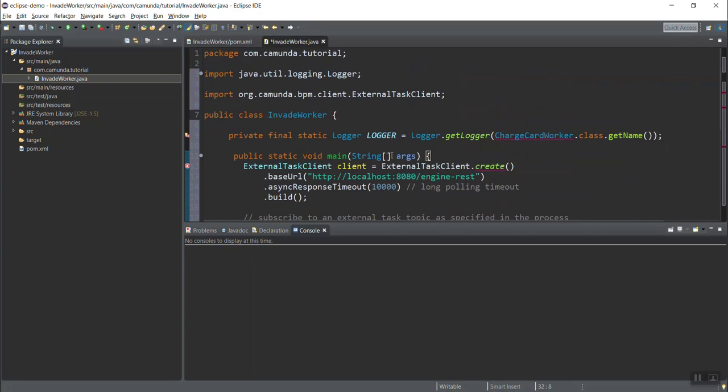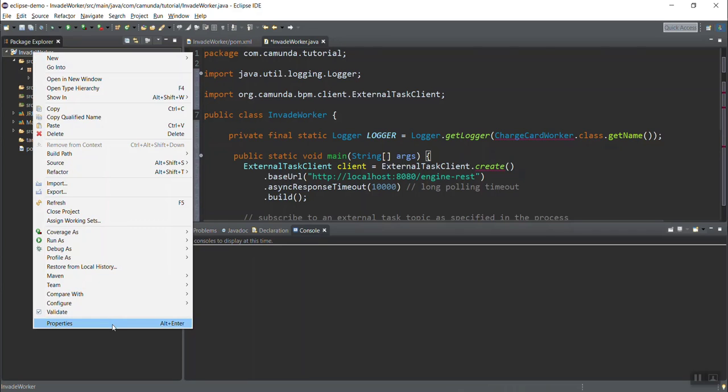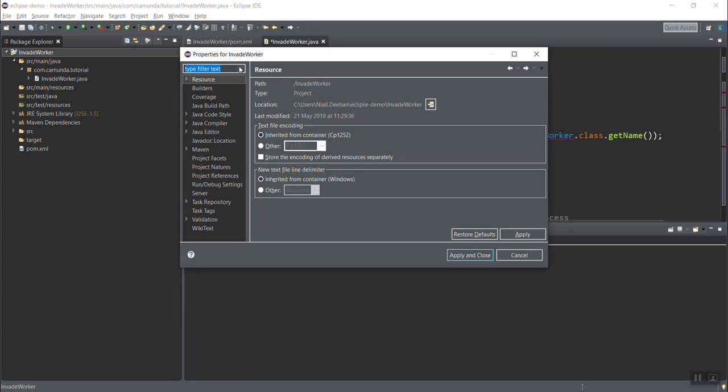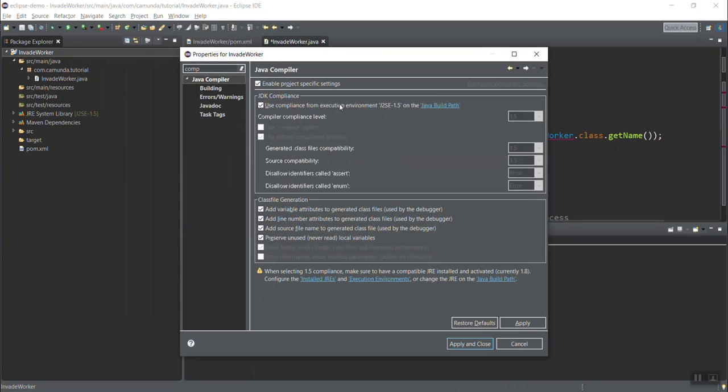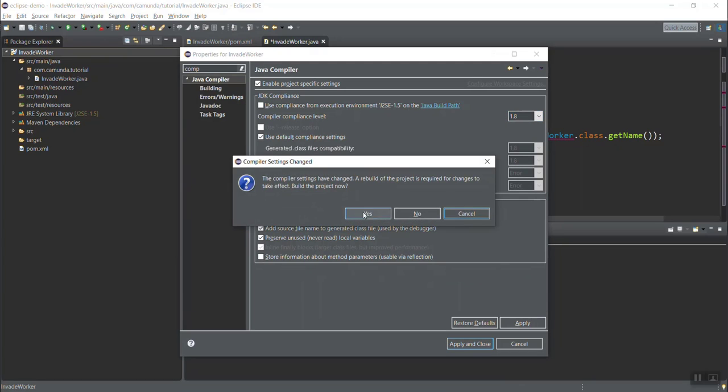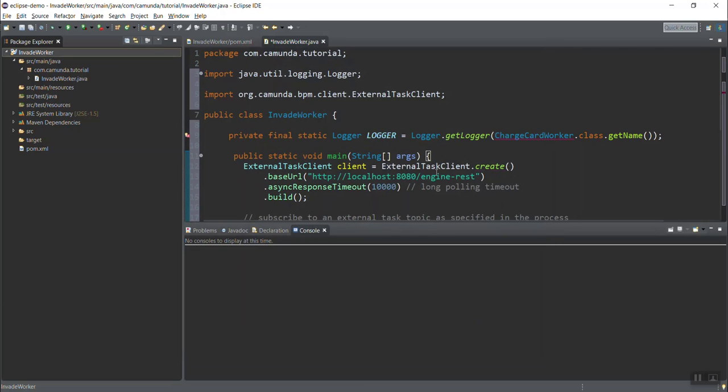Okay. Now, as it happens, my project has a problem, which you might also find, which is that it's complaining that I'm not using Java 8. So if you're not, and this is a problem I've seen quite a lot, you just need to go in here, find the compiler settings, untick this, and then just select Java 8. And once you do that, it should be a lot easier to use some stuff.